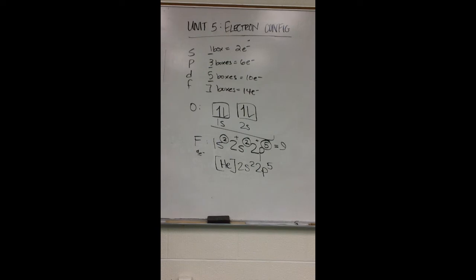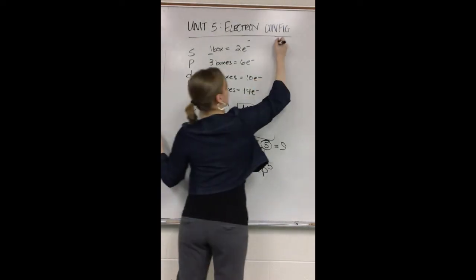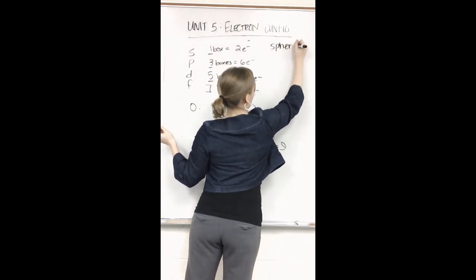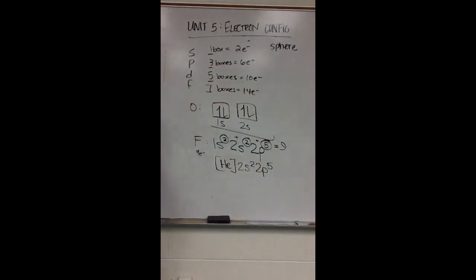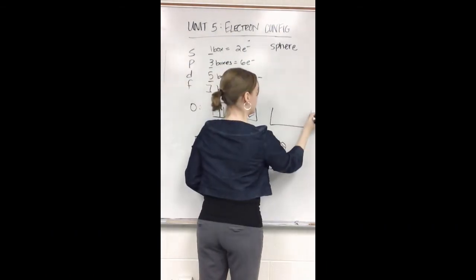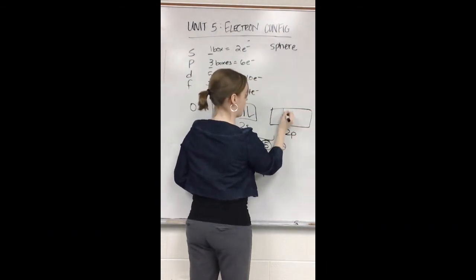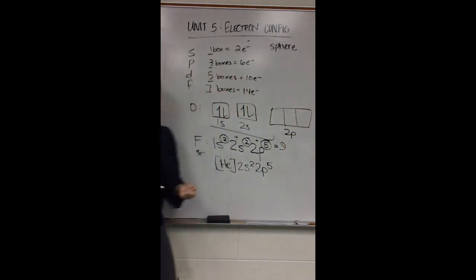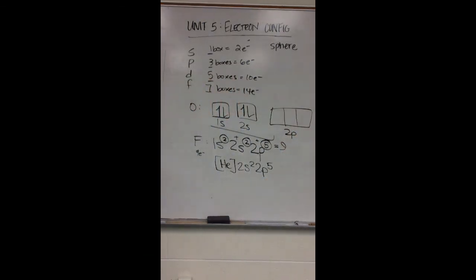The 2 just tells me that my s orbital, which is the shape of a sphere, is slightly larger. After 2s, I get to 2p. P tells me to draw 3 boxes, but because they're all 2p boxes, I draw them connected. Now here's where Hund's rule comes into play. Hund says I